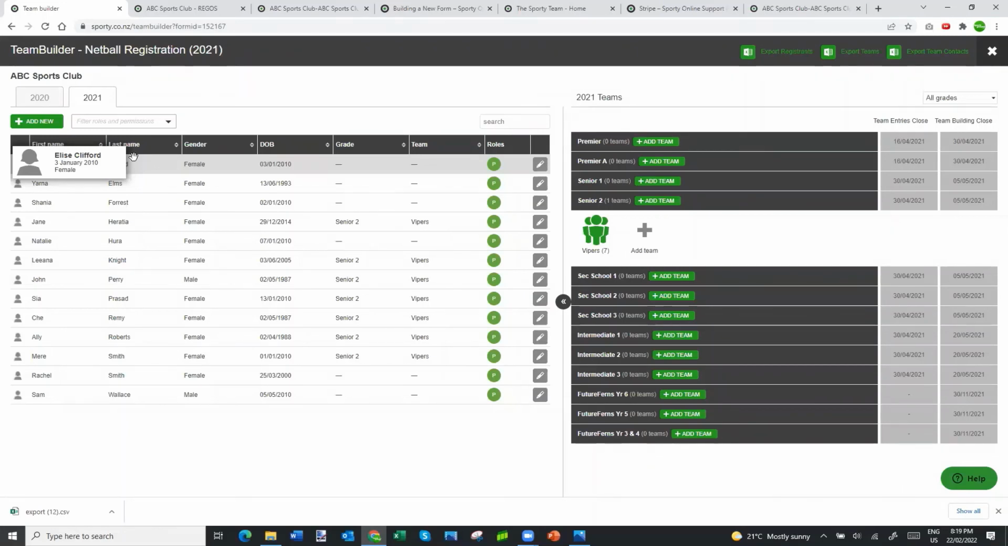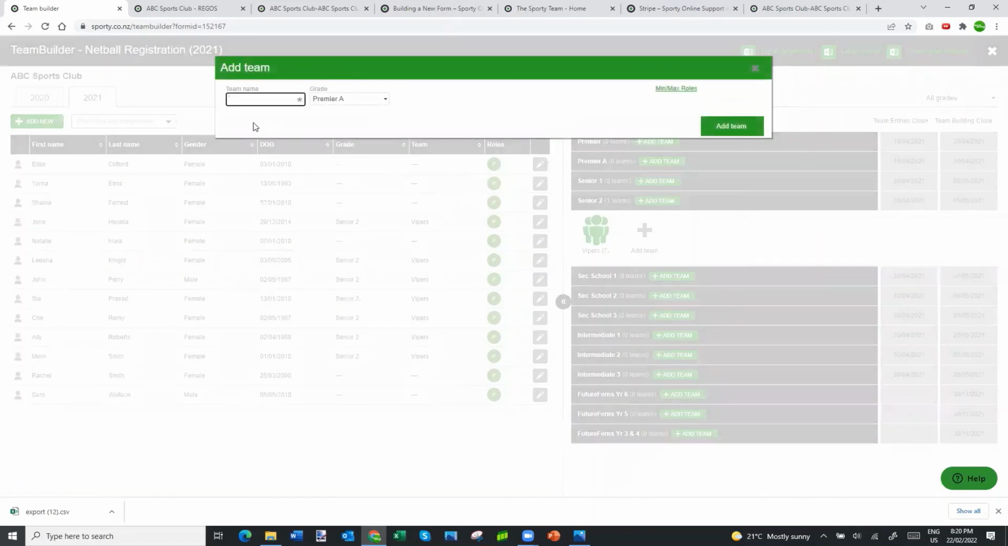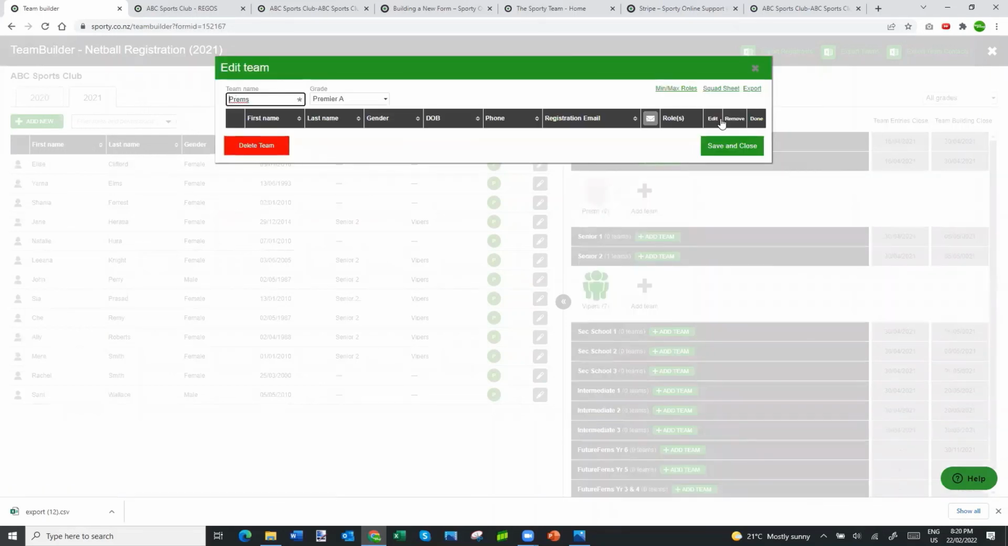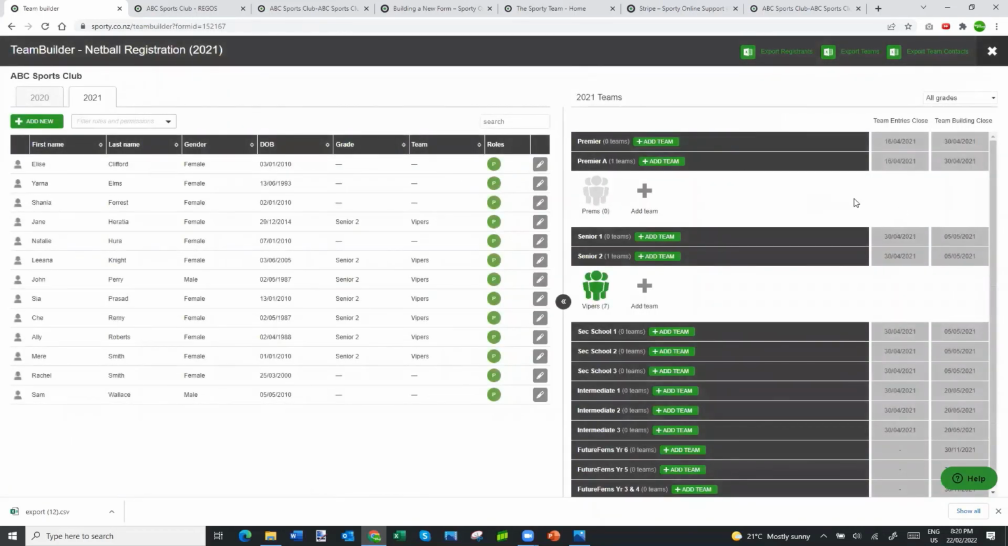If we wanted to add a team, so if we pretend that we add a team into our Prem A's, for example, we can give the team a name. For us, we're just calling it Prems, and we're just going to save that. It's created this little grey icon up in that area under that grade of Prem A. And we've decided that Elise belongs to that team. So from the left-hand side, we can simply go grab Elise's record, drag it and drop it into that team, right? We can continue to do that with other records, and we can see the number of people in that team is building up,